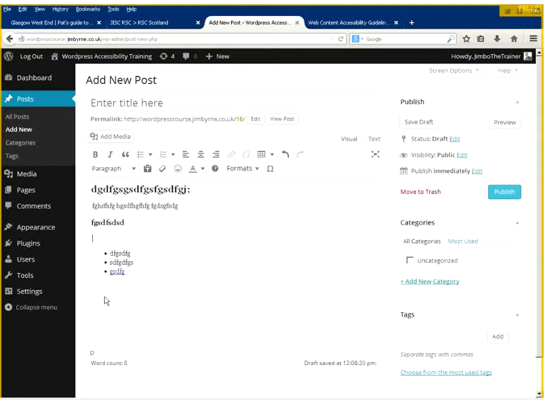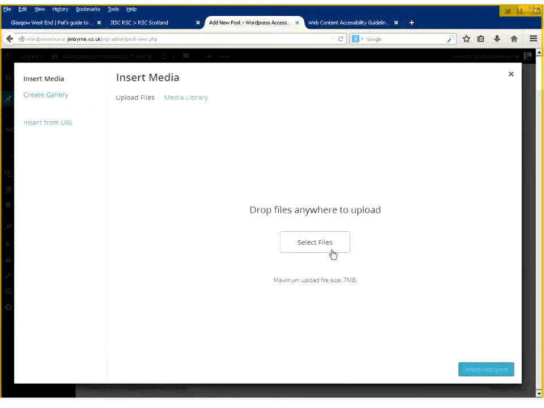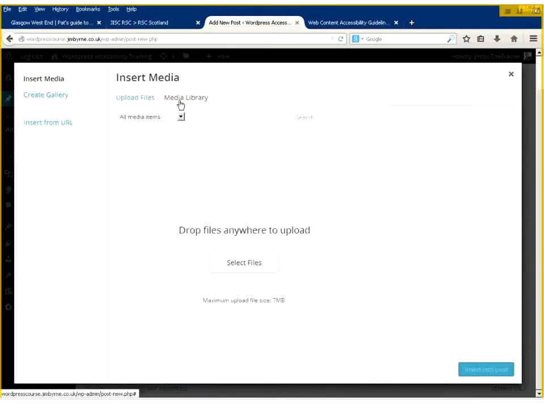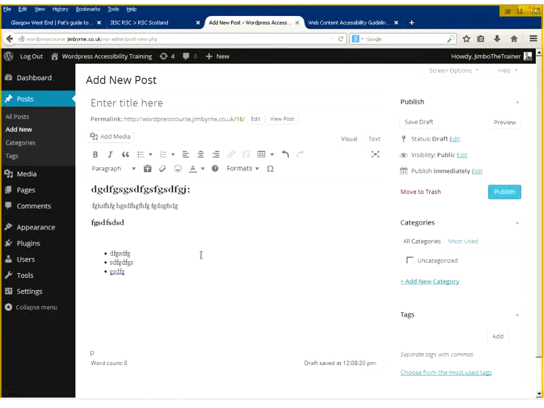Okay, a couple of wee things while I'm in here, while it's in my head. When you add images, sometimes that can be very confusing. Is there media I can add here? I don't know. Let's try it anyway. Media library. Yeah, it looks like I have to upload a file. Am I allowed to do that? I don't know. No, I'll not bother doing that. I'll just tell you about it.